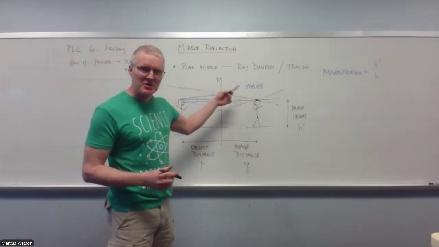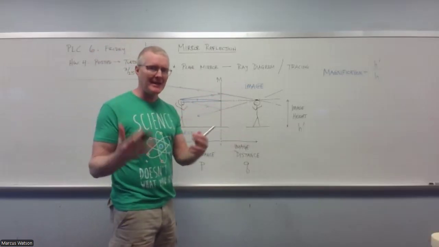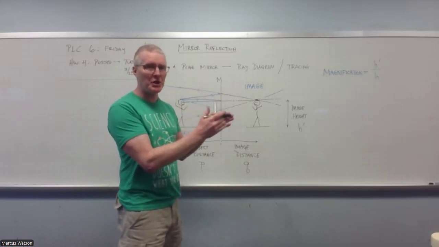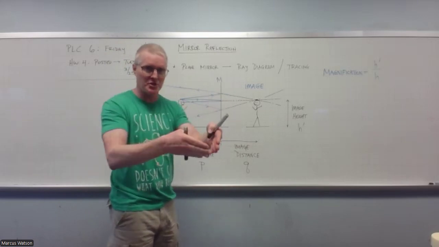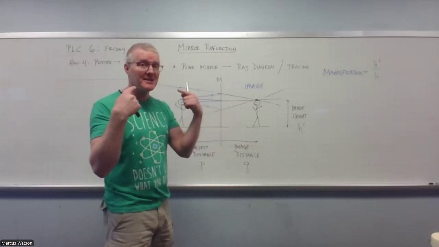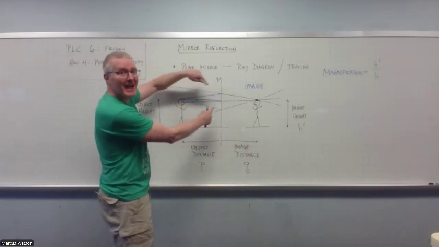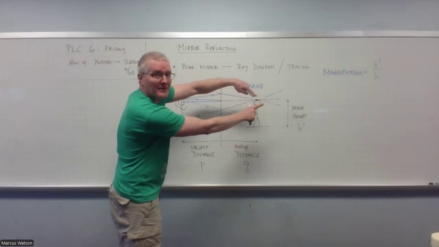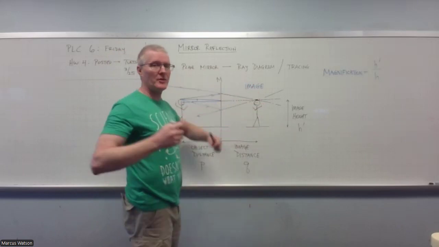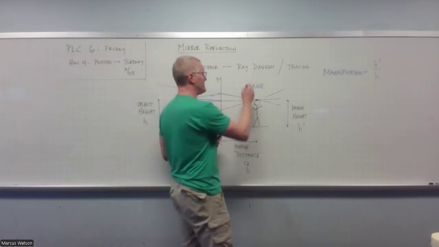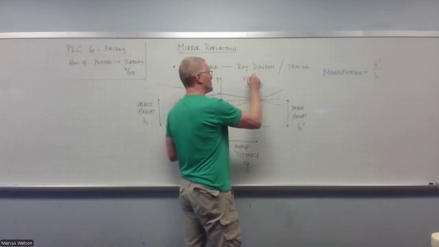So we give this image a name to tell us that this image is not constructed by actual light converging. This is due to us taking light that is diverging and assuming that it came from a point back here. All right? So this is a name that we call these types of images, and it is known as the virtual